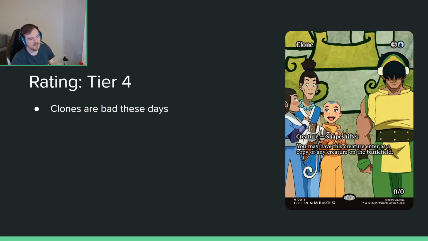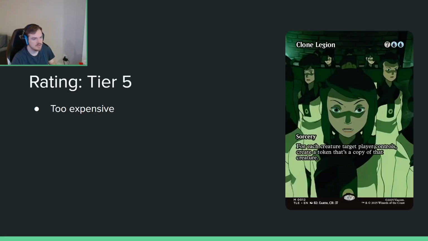Clone. 3 in a blue, 0/0. You may have this creature enter as a copy of any creature on the battlefield. Clones have just kind of been bad for a long time at this point, and the OG clone is not. It's just not really good anymore. So, well, if 1 clone wasn't good,